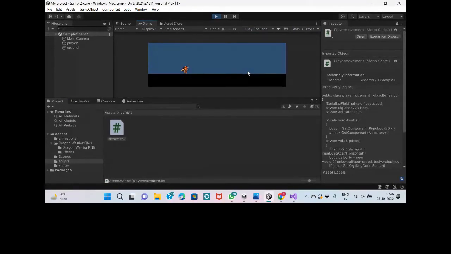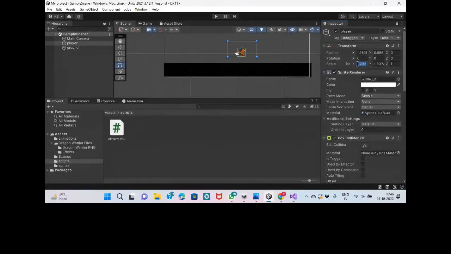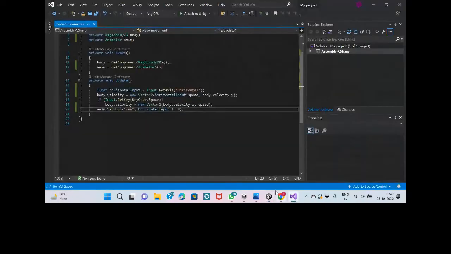You have to change the direction when it runs. You could see that when you press a negative, the player just flips around. So what you have to do in the script is now go to the script